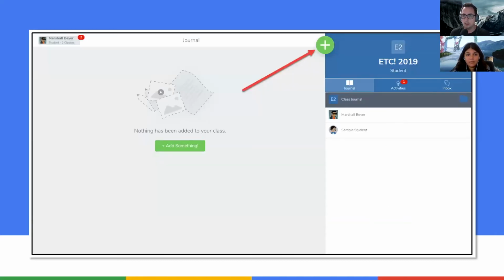Okay, so this is what the students would see from their end. If they were going to add something to their journal, their Seesaw is broken up into a couple of sections. They have their journal where they can just be adding content, adding material there. If they wanted to track their reading, track their writing, those types of things, they can add it there. And then under the activities tab where there's a little red one, that's where, when we assign lessons, they go. So if they wanted to just add something to their journal, they would click that green plus sign,